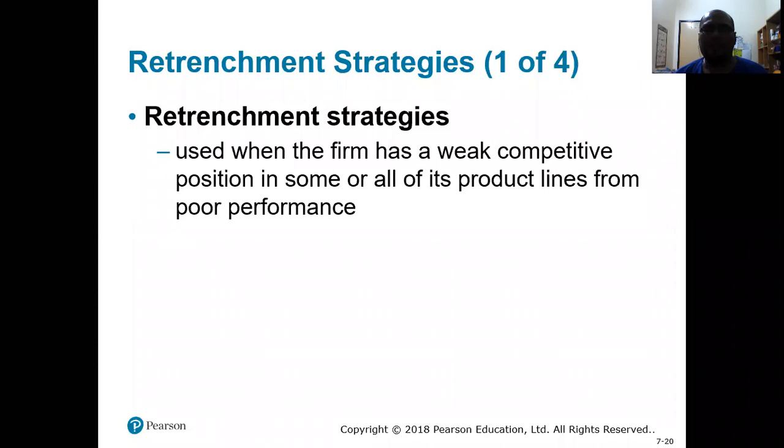If I say our competitive position is very strong in the market, what does it mean? It means that we control a large portion of the market share, the largest amount of customers. But when we are losing our competitive position to our competitors, it means that consumers are shifting to them. They are no longer loyal to us. During the declining stage, we will notice, number one, that our product lines have poor performance.